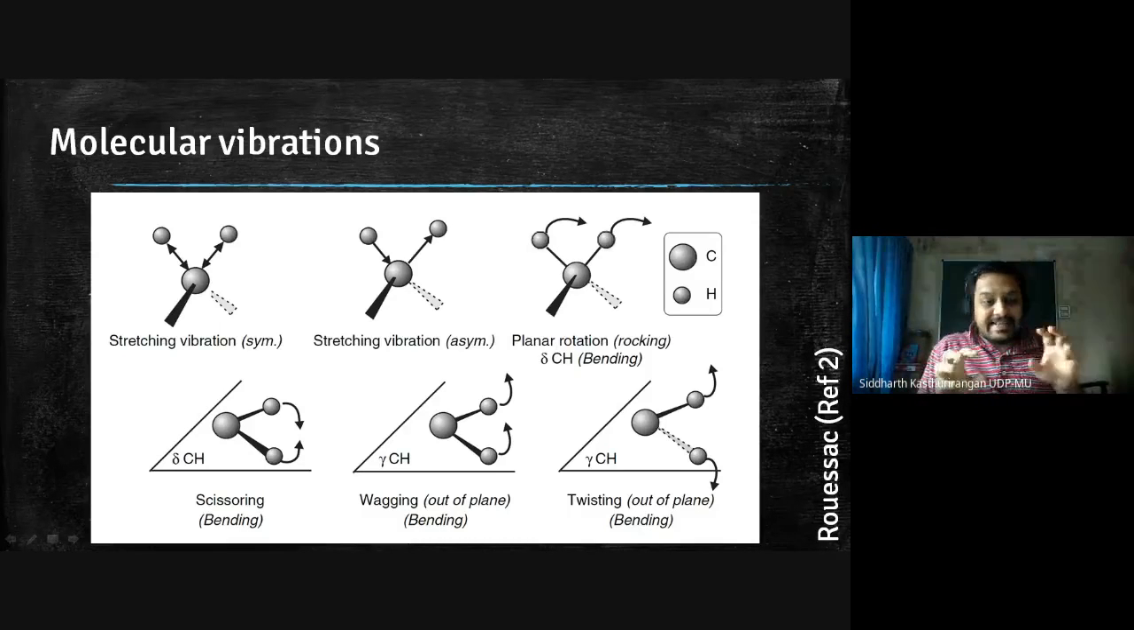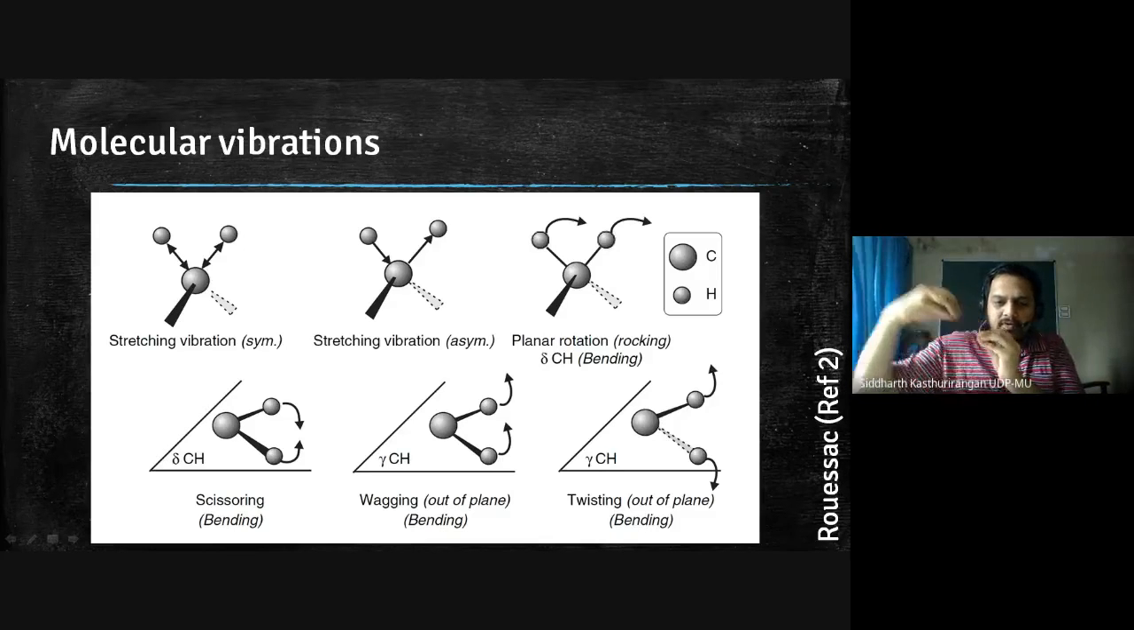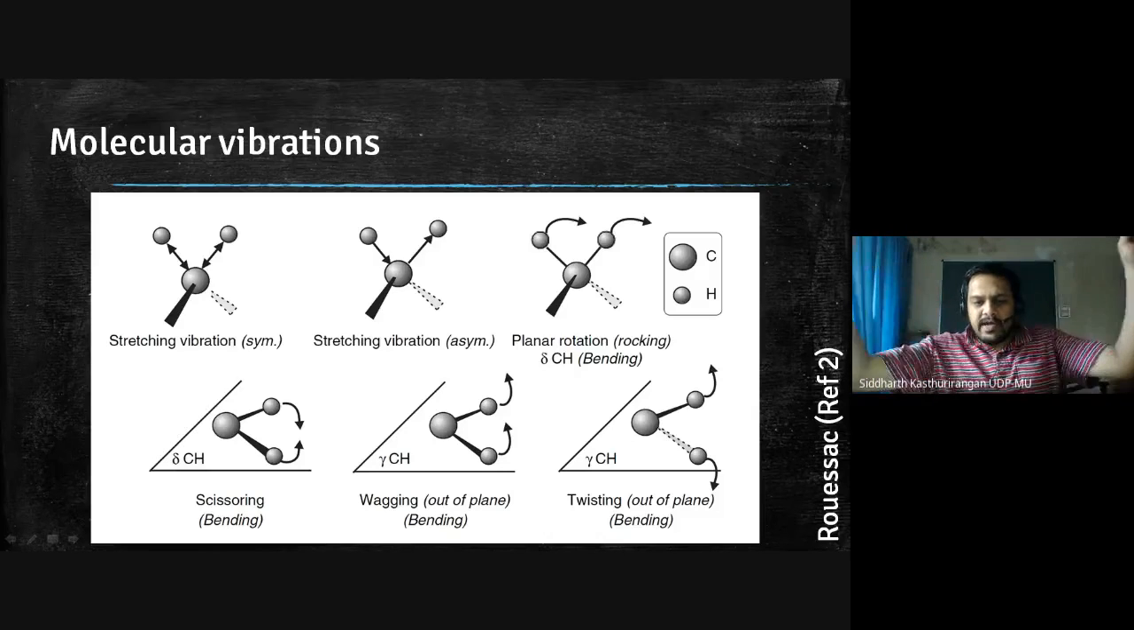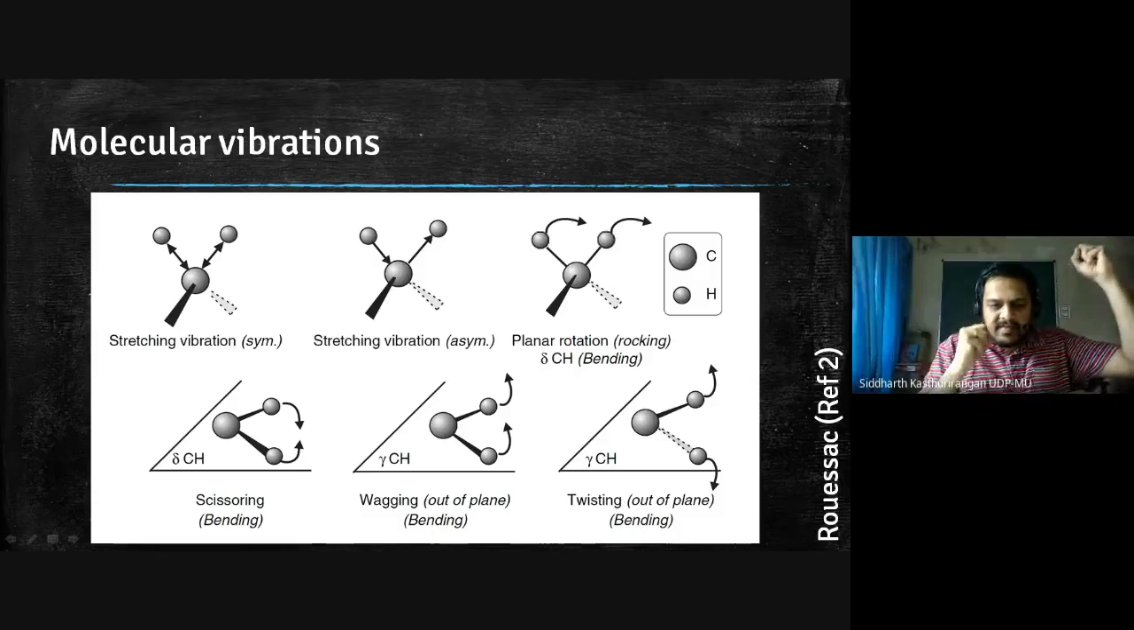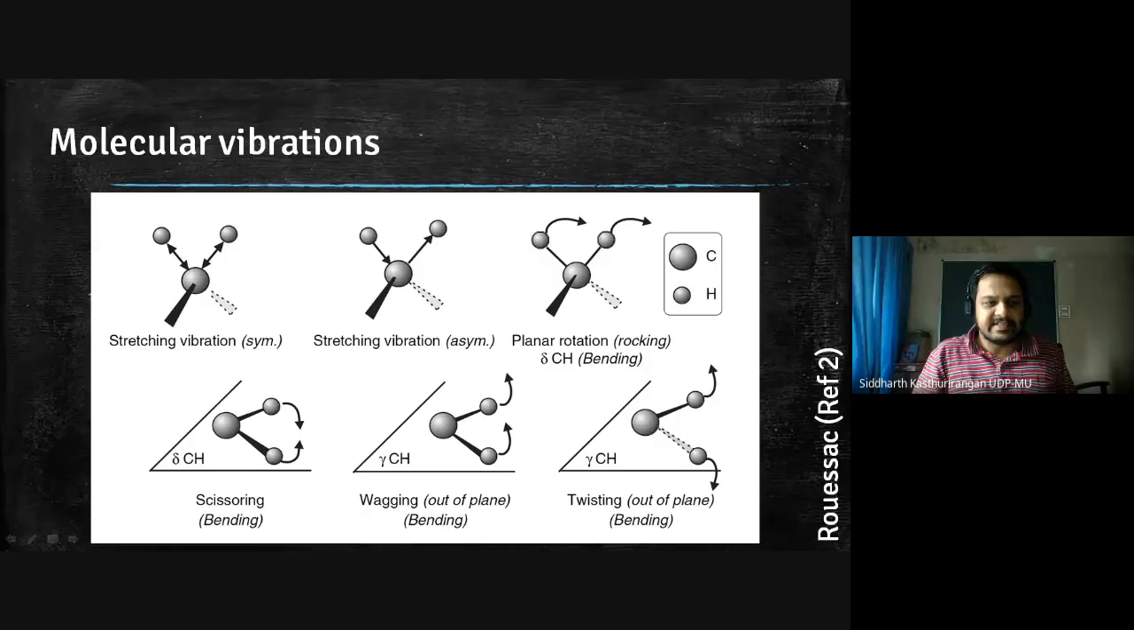But these are all stretching vibrations because the movement is only along the bond direction. There is a carbon to hydrogen bond and there is movement only along that direction. Both the hydrogens can move like this, or you can have this. These are the first 2 modes shown, called stretching mode symmetric and stretching mode asymmetric